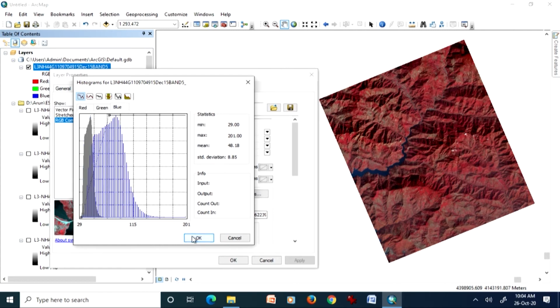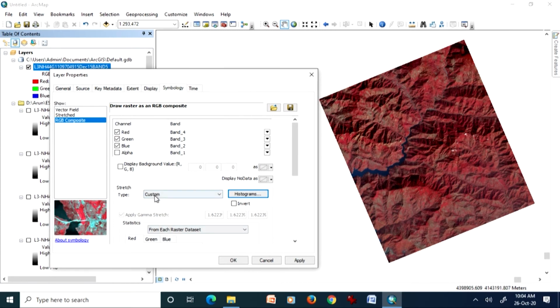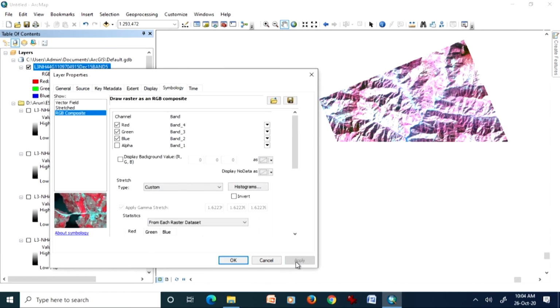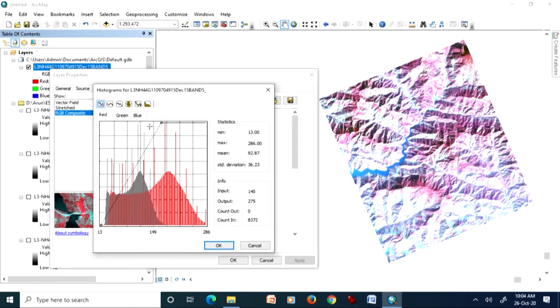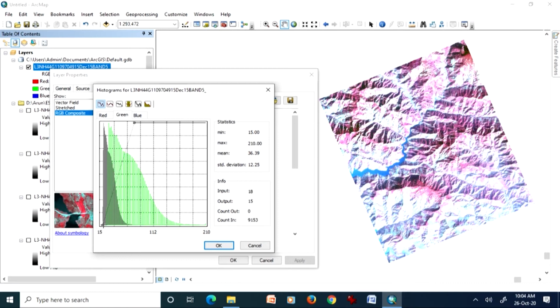So, if I am doing this custom one, as you can see, this is a custom one. When I apply whatever I have decided, this is how it looks. It is not a very good custom stretch, and that means you have to keep trying until you are satisfied. I made it just based on the distribution of the histogram. My selection for the maximum value may not be good, so I have to work on the minimum also. I should have taken the minimum like this for each band, again here, and also for blue.